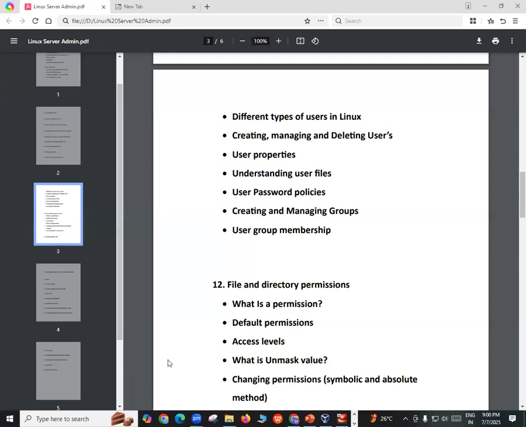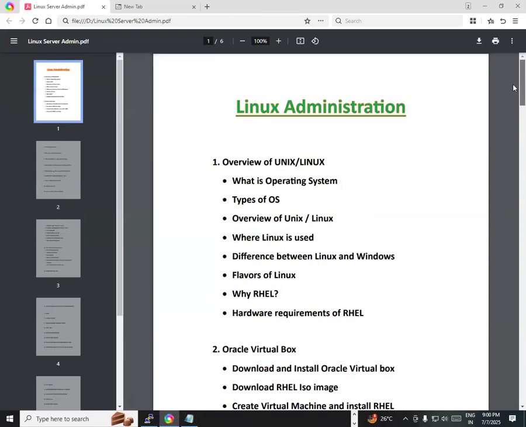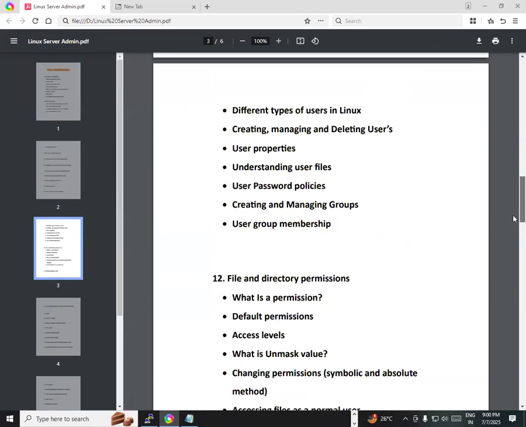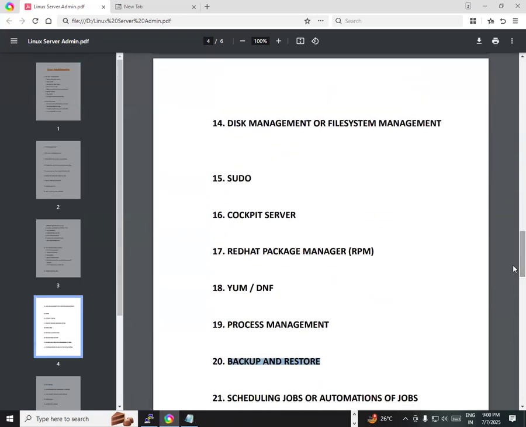CCNA already started last week, so I don't think there is any chance for CCNA now because I think I have taken 9 to 10 classes already. All right, so this is the syllabus here, friends. Hopefully management will share all the details with you regarding the syllabus. You can go through each and every topic there. And if you have any doubt, tomorrow is also, I think, a demo.